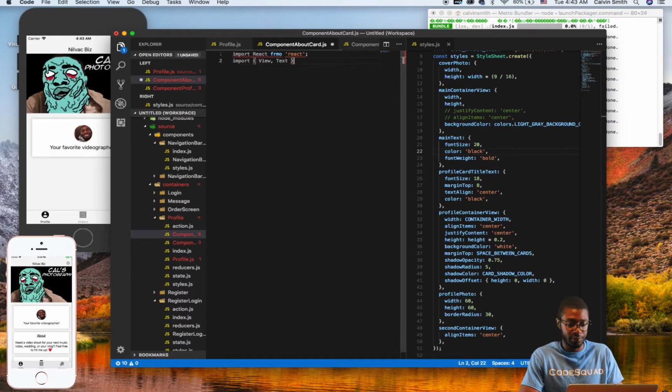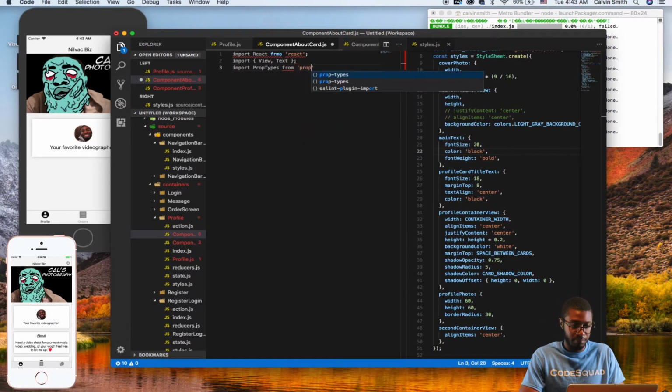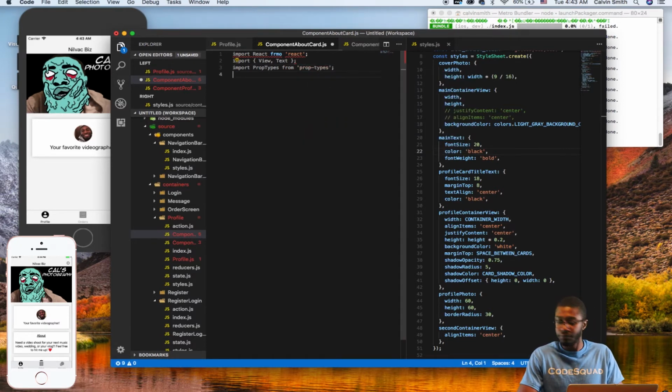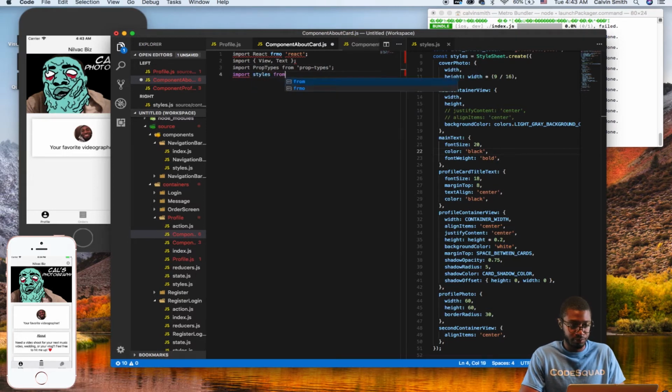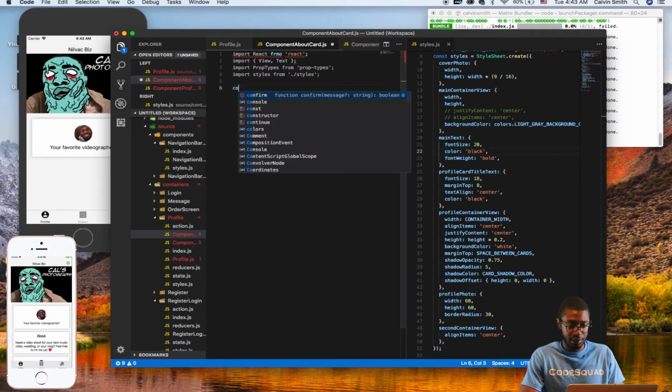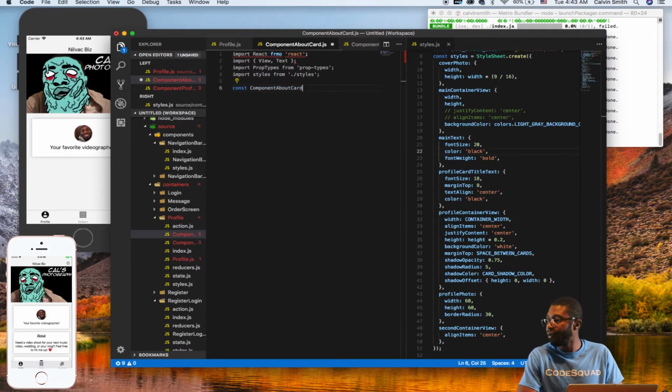So, okay, we also have to import prop types from prop types and import styles from styles. And we're going to create the component about card. So constant component about card equals, define our parameters, which I believe we only called business bio for now. So business bio,